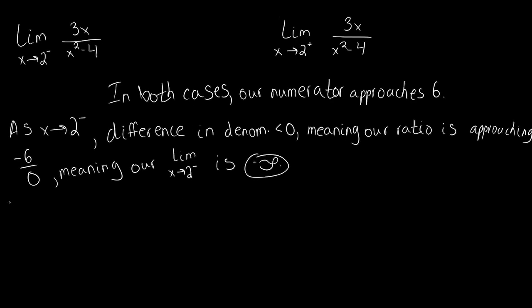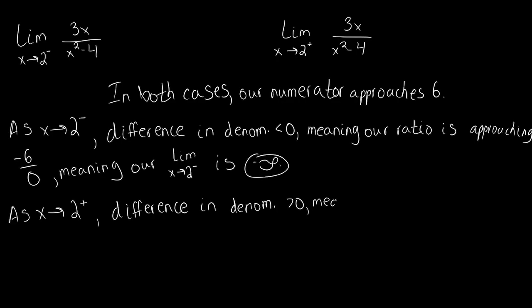Okay, so we've looked at what happens to our denominator as x approaches 2 from the left. Let's look at what happens to our denominator as x approaches 2 from the right. We see that any number greater than 2, which is what we're going to get as we approach 2 from the right, is going to result in a difference in our denominator being a positive number. So we get that the difference in denominator, again abbreviating, is going to be greater than 0,